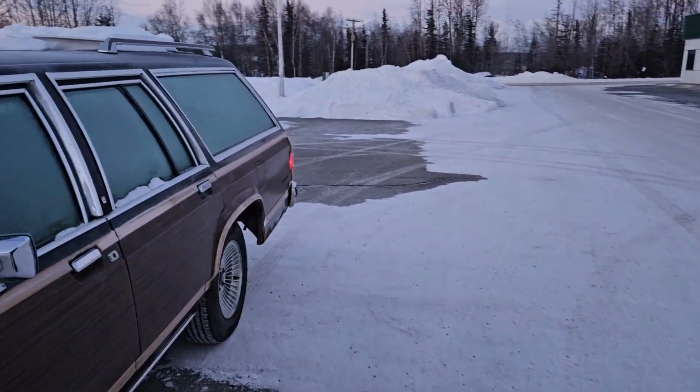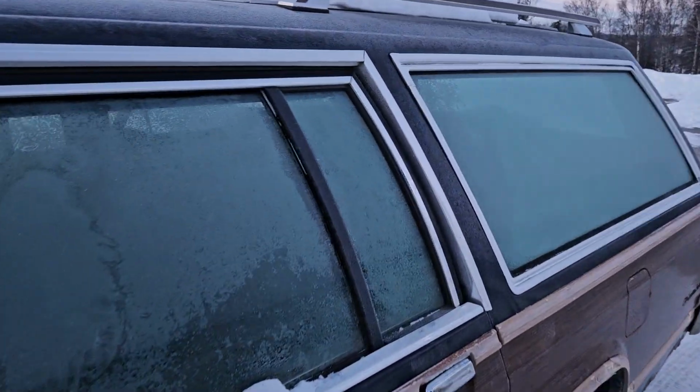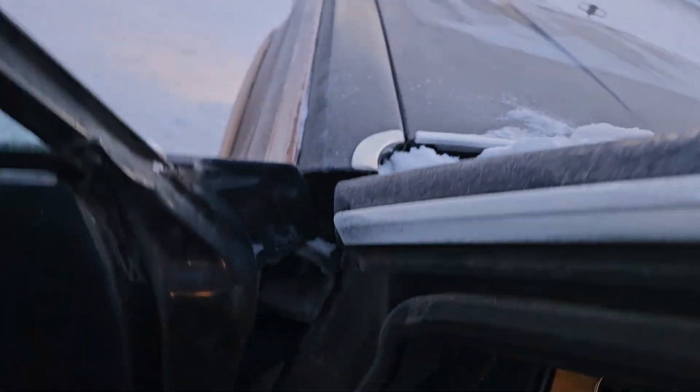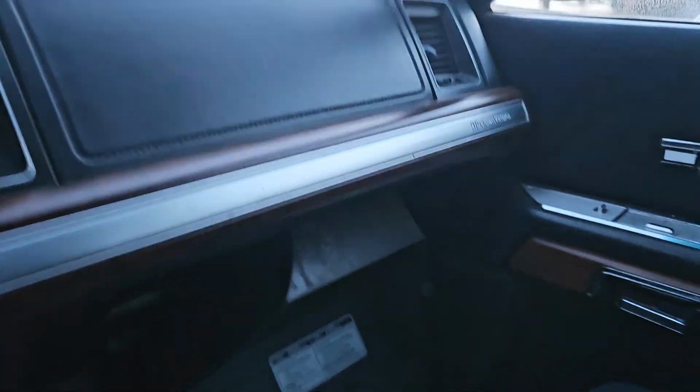I've always wanted one of these wagons. These things have always been so elusive to me. I've never had the opportunity to buy one. I'm also happy that it's like a 91. You got this,